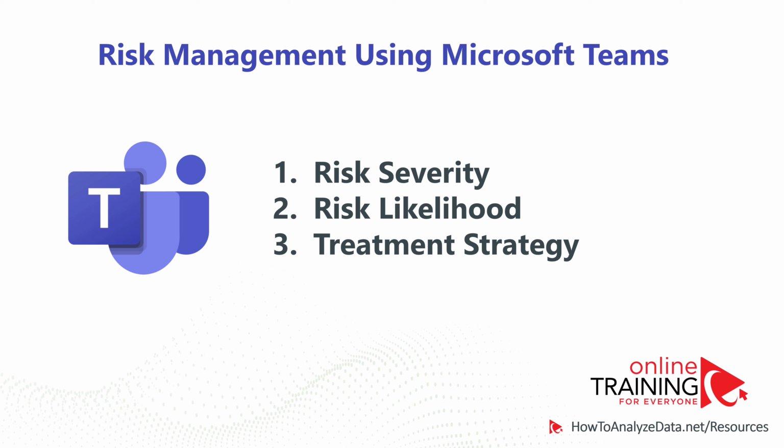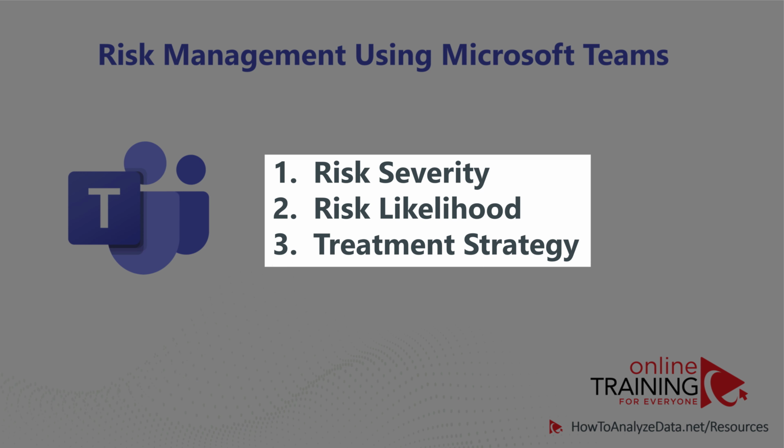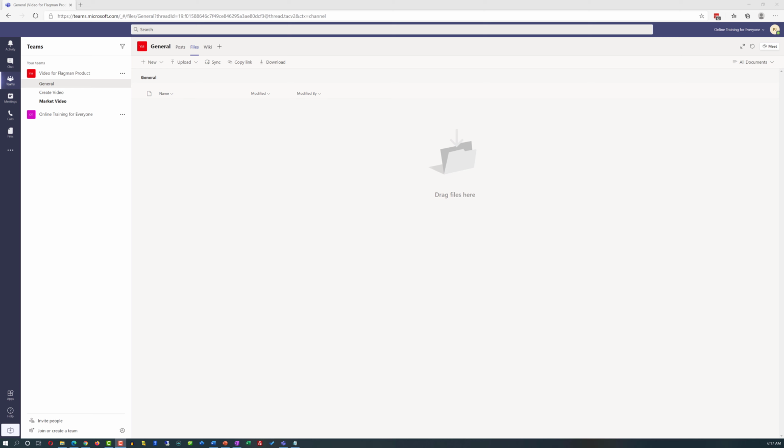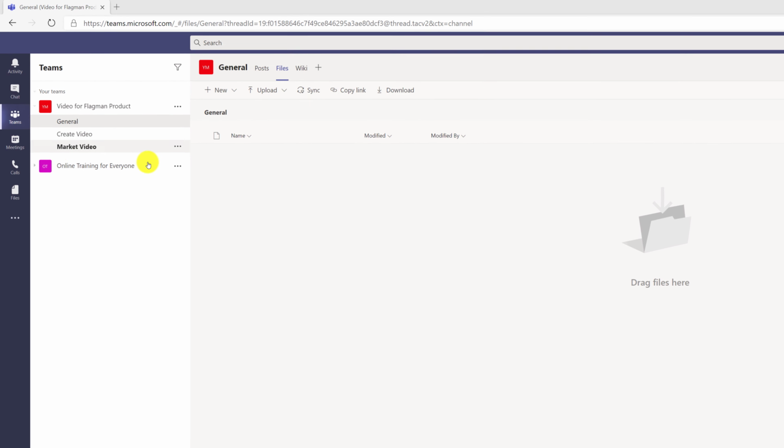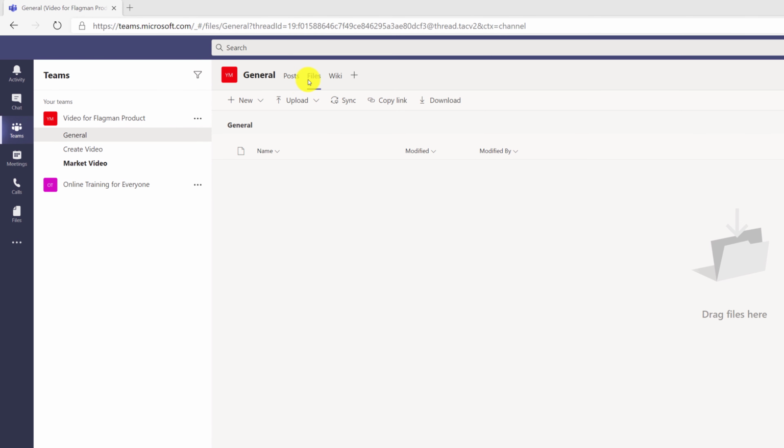John suggested that we look at the risks that might be associated with our project execution. John also suggested that we create a risk register where we will be able to track risk severity, risk's likelihood, and our treatment strategy for the particular risk. Based on Patricia's research, the best way to create risk registry would be to use the Files tab right inside